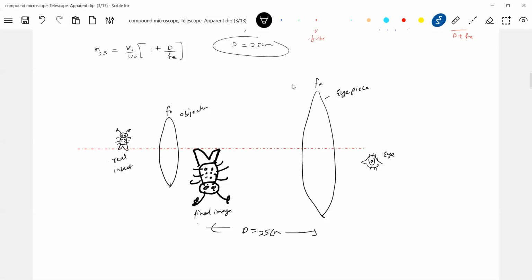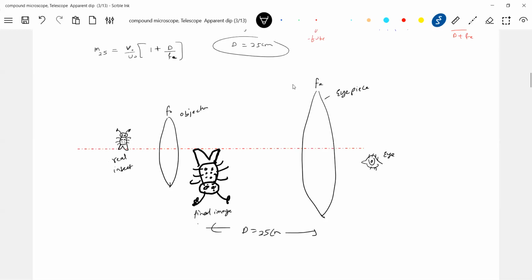What is the magnification? It comes to 300, 400, 500 of that order. Such a high magnification is being produced. The object will appear 300 times bigger, so the overall dimension of the object will increase. A simple microscope can produce magnification of the order of a few tens, whereas a compound microscope will produce magnification of the order of a few hundreds, 300, 400, 600.